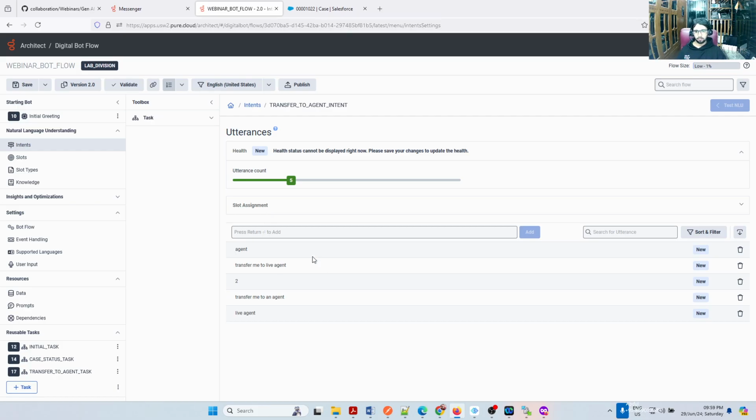Is this case sensitive? No, you can type even if it is I want to transfer, I capital or I small. It takes both. It understands that. Some logic it may add. You don't need to type in both. If it is capital agent, small agent, only one agent you need to type in utterances. The system will understand even capital, small. You don't need to add two. Thank you, sir.